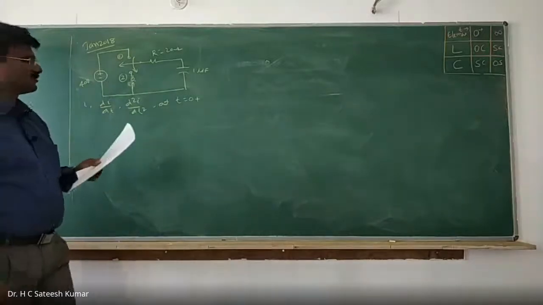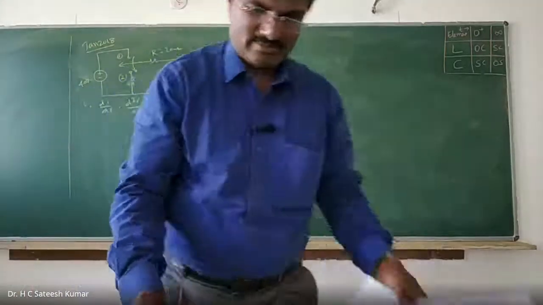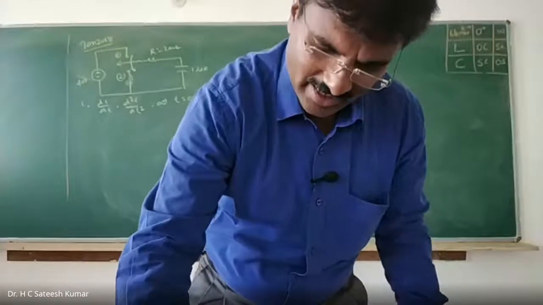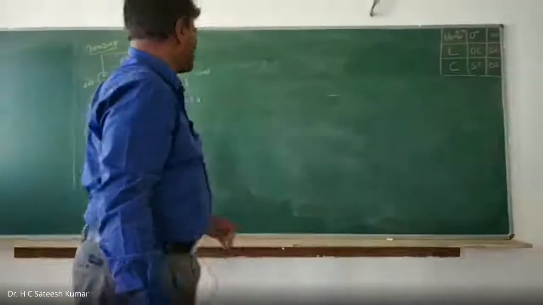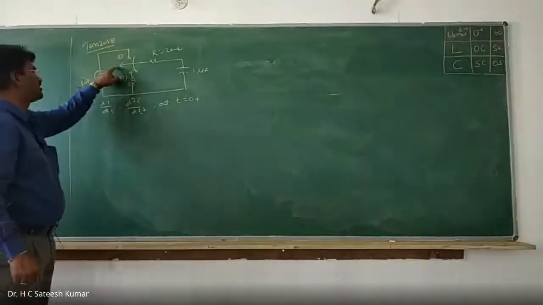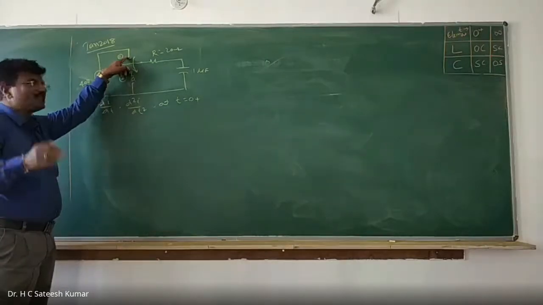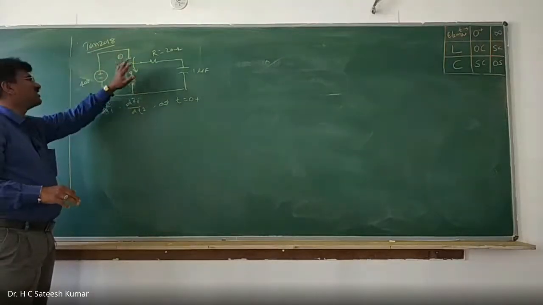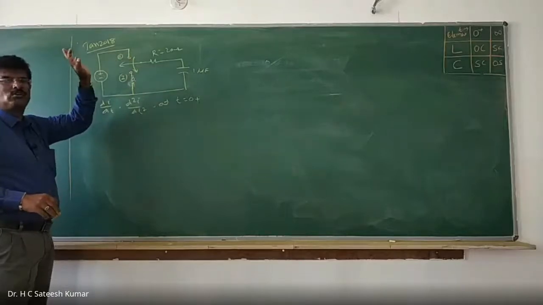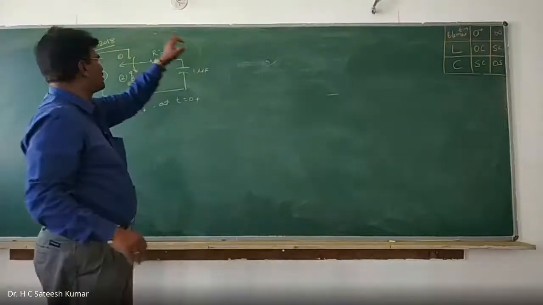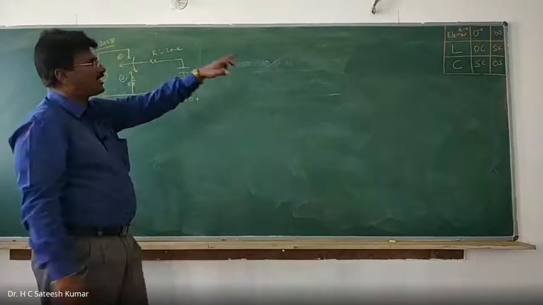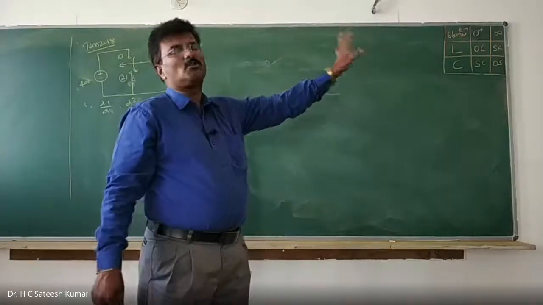How to do this one? Okay, right? First you take this initially steady state. See, what will happen is when I say the switch is at position 1, even if you won't say that it has reached the steady state, you should understand that it has reached steady state in position 1 itself. So whatever the condition is when the switch is at position 1, that condition you apply. That's all.